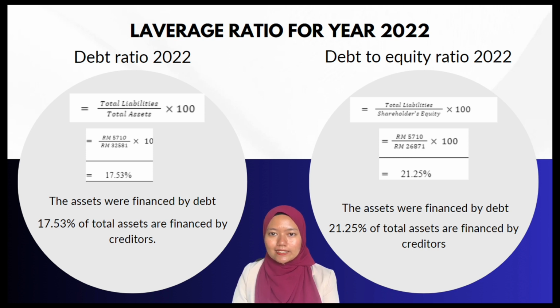Starting with debt ratio 2022, the formula used is still the same. It used 5,710 divided by 32,581 multiply with 100, and the total I got is 70.53%, while in the debt to equity ratio 2022 I still use the same formula. The RM5,710 divided by 26,871 multiply 100 and got total